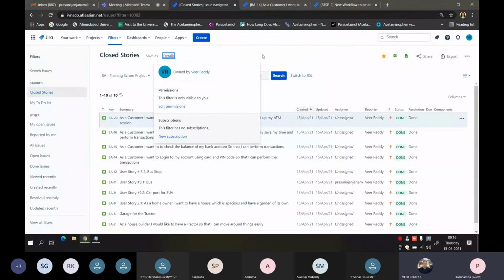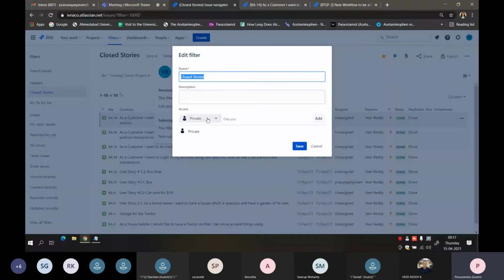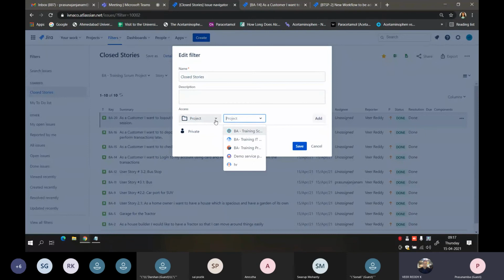I'm not sure what is wrong over here, but generally when you edit the permissions and give the permissions, it would save the details. So if you see this, the project, here you are selecting the project, like people belonging to which project should be able to see this filter.